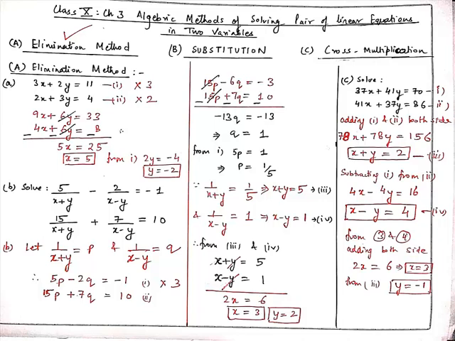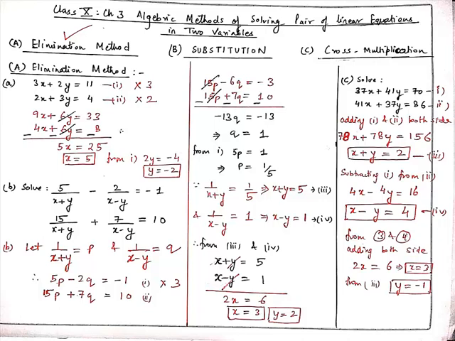Now we will subtract 1 from 2. So we get 41 minus 37, which means 4x minus 4y equal to 16. And from here 4 is taken as common, so x minus y equal to 4. Now x plus y equal to 2 and x minus y equal to 4. We will solve these two equations by the elimination method.